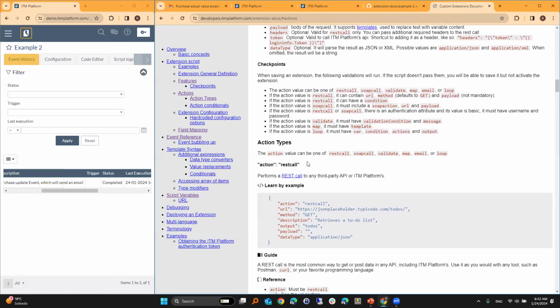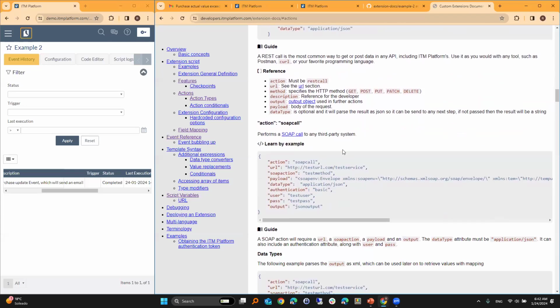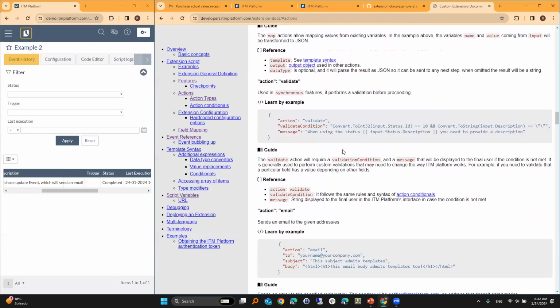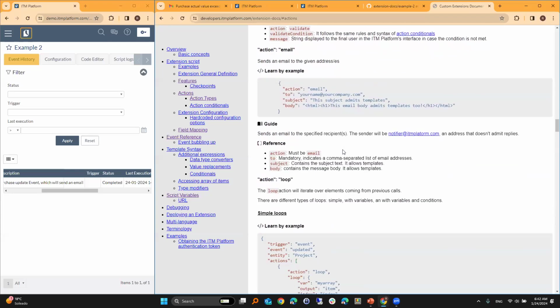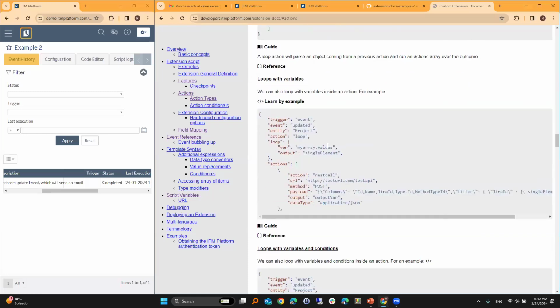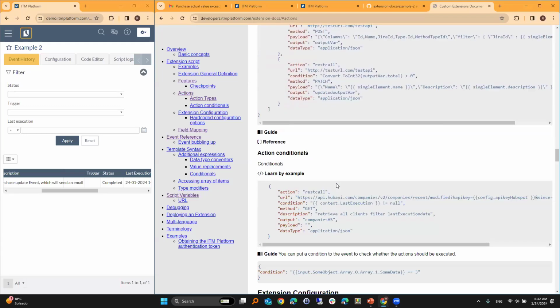These REST calls are the ones that will allow you to connect to an external source, an external app. Let me see what else we have. The email action, the loop action, when we need to loop through a list of elements like tasks or risks or anything. We can also loop using variables. So there's a lot of good examples in here,